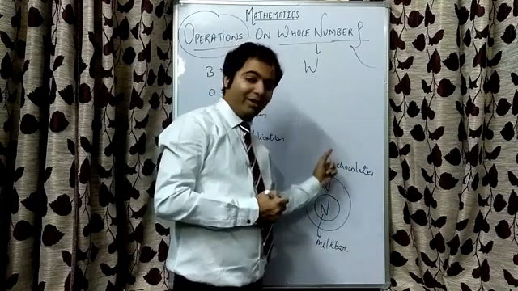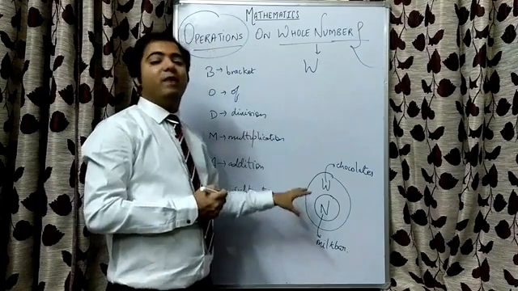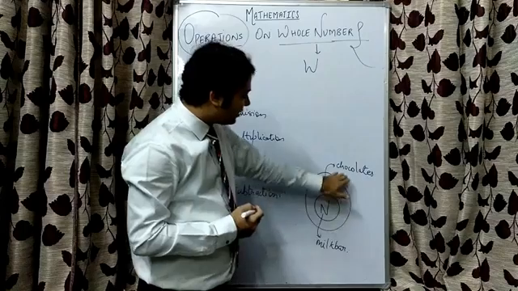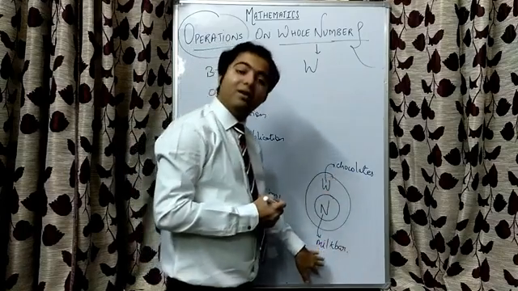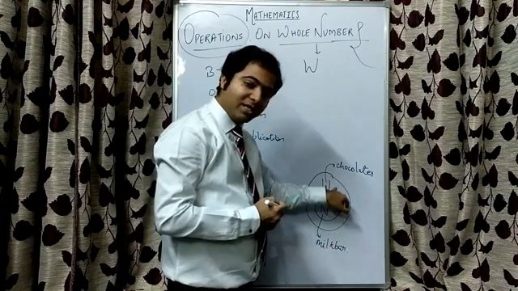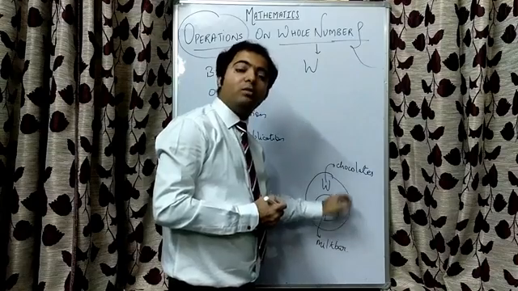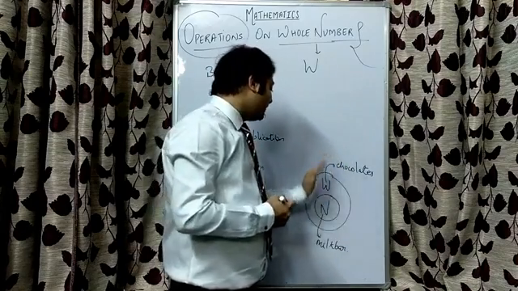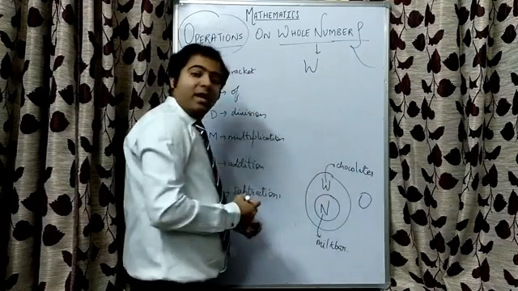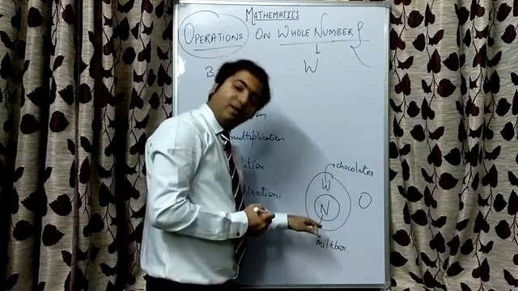Why? Because they are brown in color, but Milky Bar is white in color. So this white color is making all the difference. So we can say all Milky Bar are chocolates, but all chocolates are not Milky Bar. In the same way, all natural numbers are whole numbers, but all whole numbers are not natural numbers. What is making all the difference between natural numbers and whole numbers is a bit of 0. That means 0 is there in whole numbers, which is not there in natural numbers.